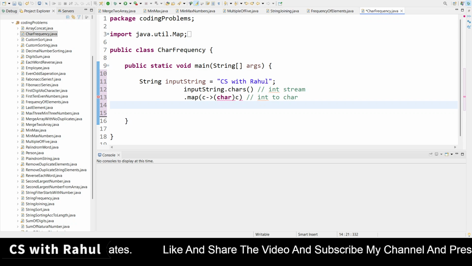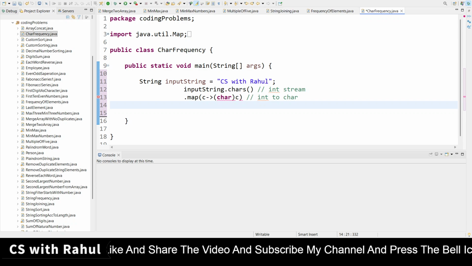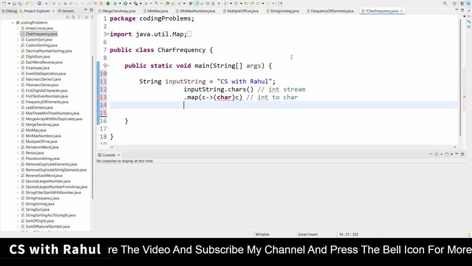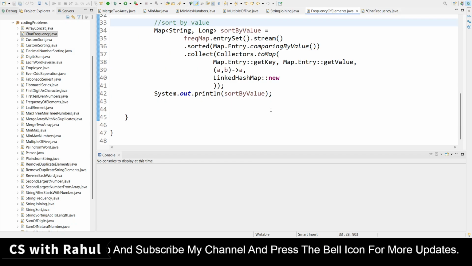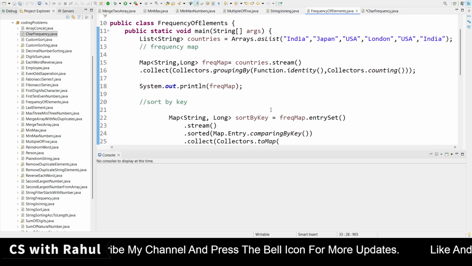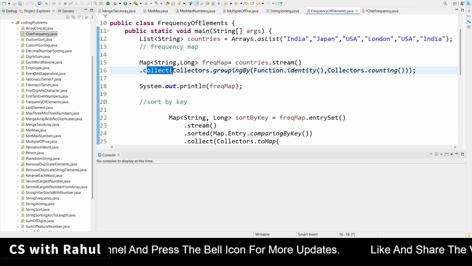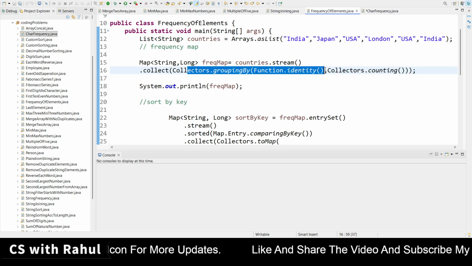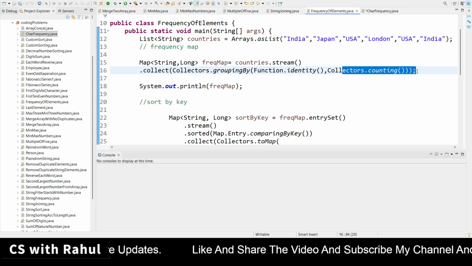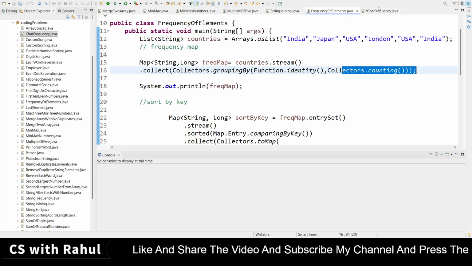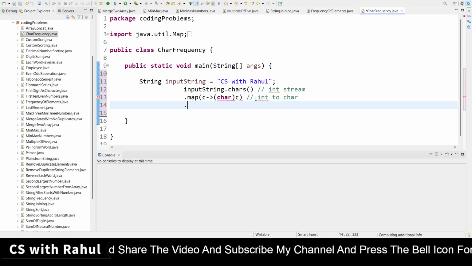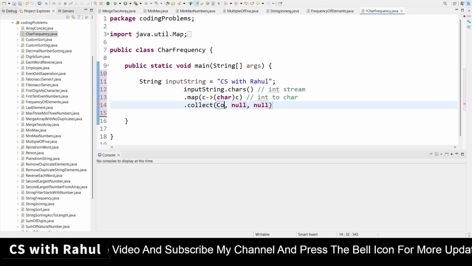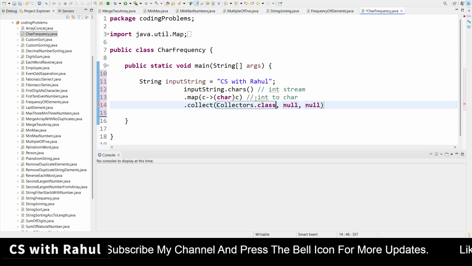After that, as in the previous video where we found the occurrence of elements, the same thing we can do here. See what we did in the last video: we took the collect method, then grouping by, calling Function dot identity and Collectors dot counting. The same thing we can provide here. So let me call the collect method, and after that, Collectors dot